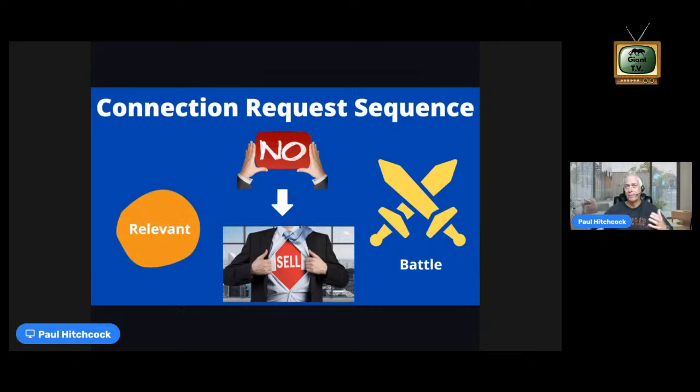You can invite them to the events that you're going to put on, which is a whole other topic, the LinkedIn event feature and LinkedIn Live. Microsoft and LinkedIn have just put a massive microscope on those tools, and we all have them, and you got to be using those. But let's talk about this connection request sequence.